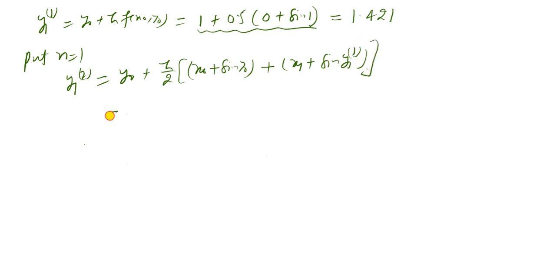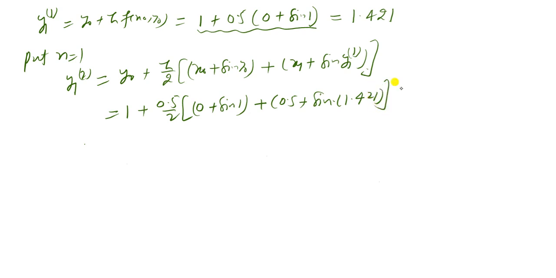So y naught is 1, h is 0.5 upon 2, x naught is 0, sin y naught is 1, x1 is 0.5, sin y1 is 1.4 to 1, and simplify this with the help of the calculator, then we obtain 1.582. Now again put n is equal to 2 in equation 1, then we obtain y13 is equal to y